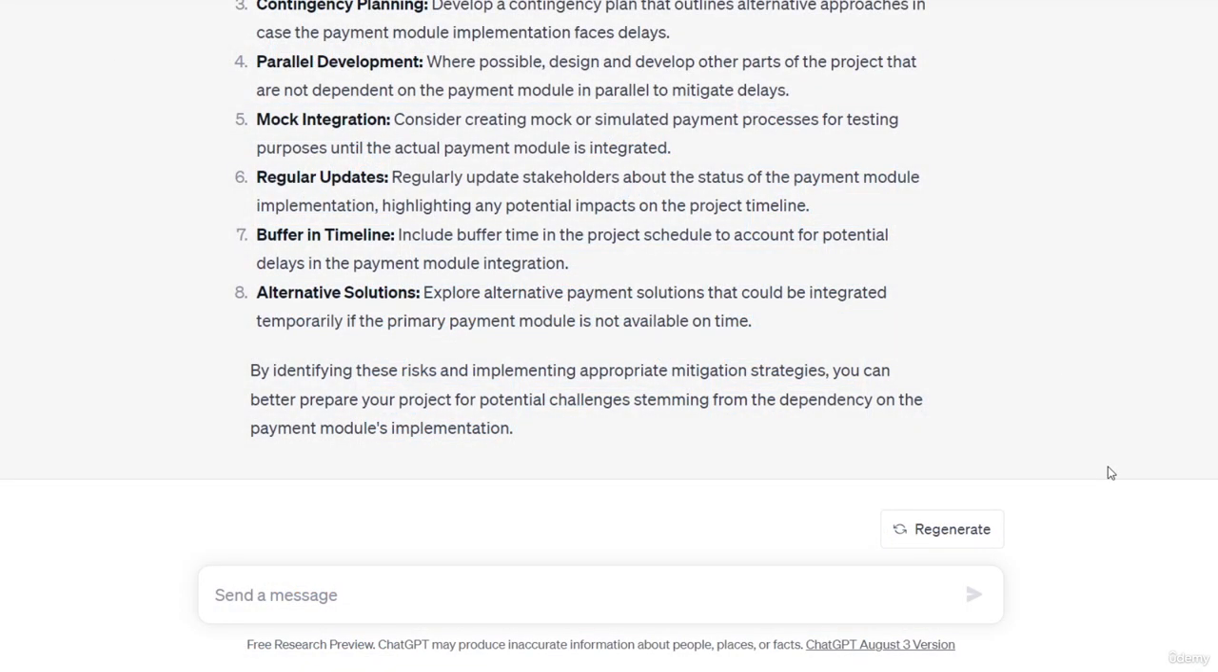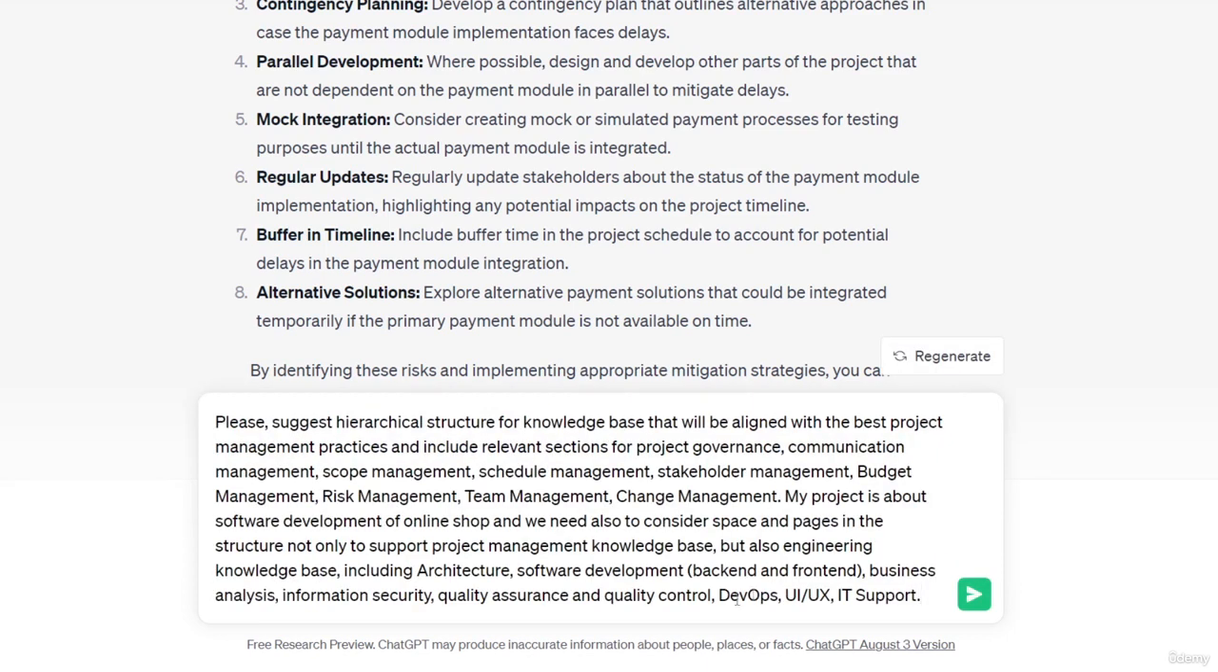Let's ask for advice from ChatGPT to suggest us a structure for knowledge base. Please, suggest a hierarchical structure for knowledge base that will be aligned with the best project management practices and include relevant sections for project governance, communication management, scope management, schedule management, stakeholder management, budget management, risk management, team management, change